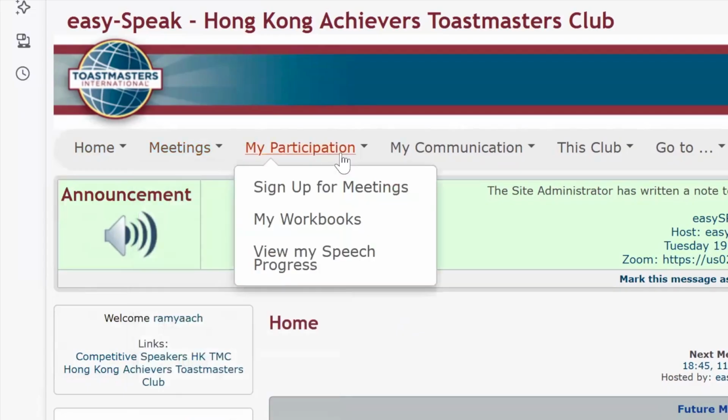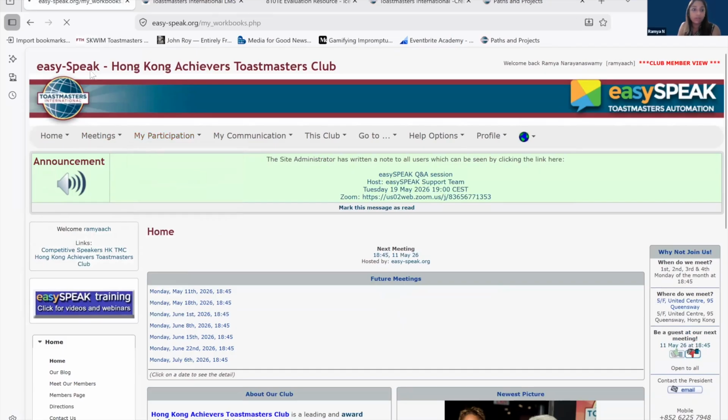Here is my participation, which is what matters to you the most as a member of the club. And here you can see the 3 things that are important. Number 1, signing up for meetings. 2, your workbooks. And 3, your speech progress, right? So I'm going to first show you my workbook and speech progress, and then I'll quickly go to signing